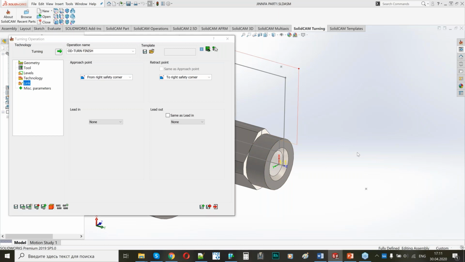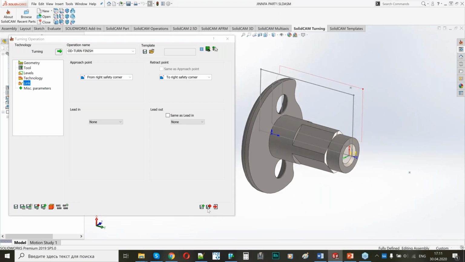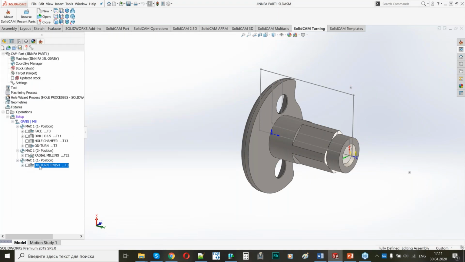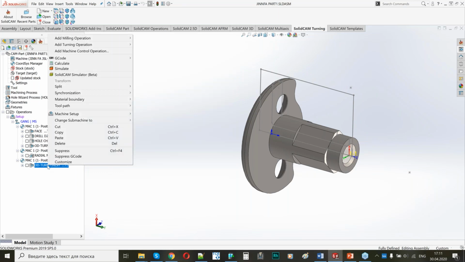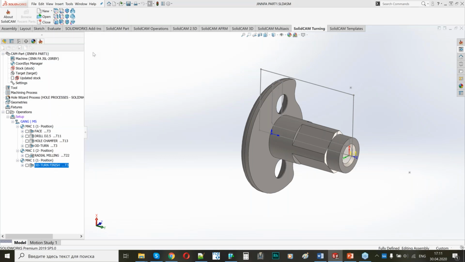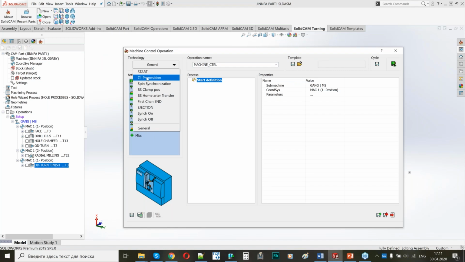Okay. This is my operation. Now I'm ready to perform my transferring operation. As I said, each machine has its own routine for the transfer. This one has some different type of transferring from the previous machine. The first step is